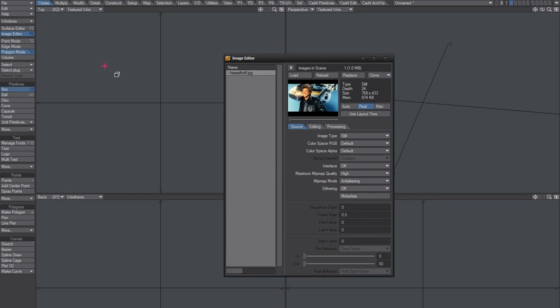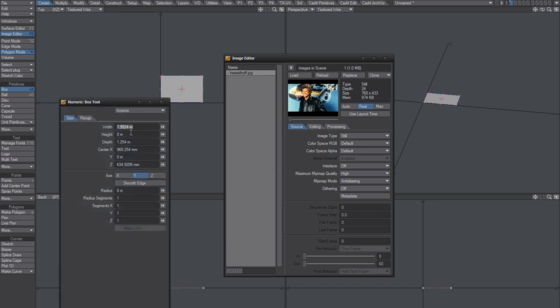So we're going to do something kind of similar. That should be the width, 768 millimeter by 433 millimeter. The center,